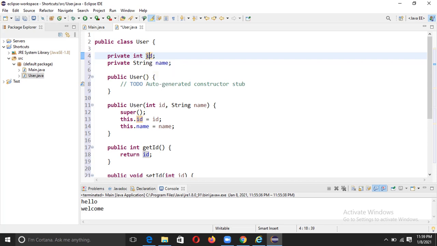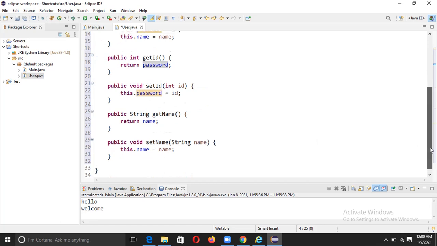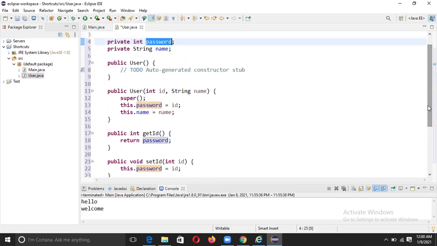Just select the name which you want to change and press Alt Shift R and type the name you want to change to. I want to change it to password, so let's type it and press enter. You can see the ID is changed to password everywhere, here, and everywhere. So this is one shortcut which will help you a lot. Okay, so you can use this shortcut.